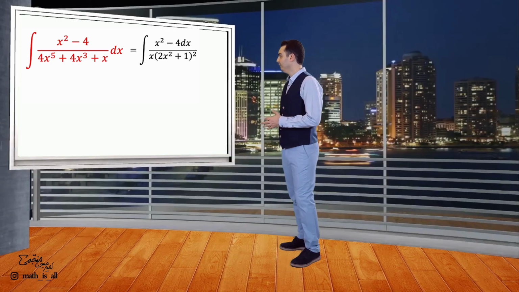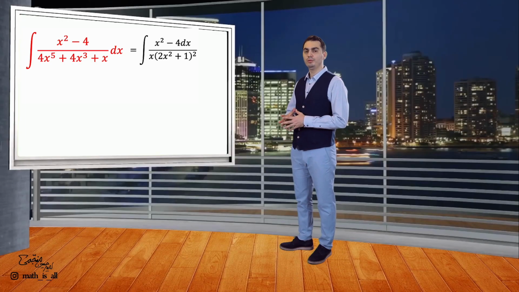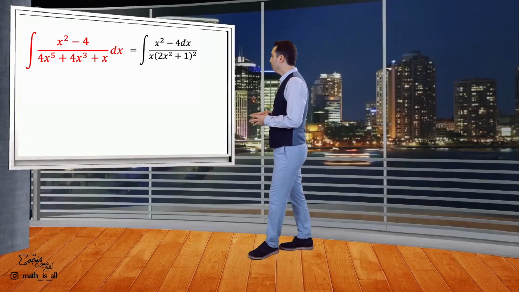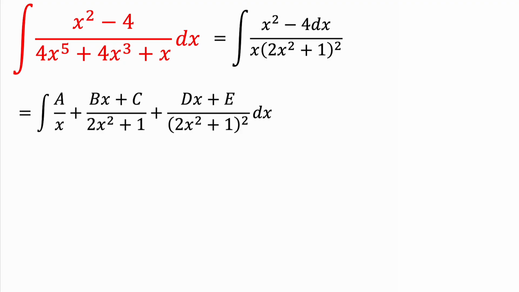Now that the denominator is factored, we can easily perform the partial fraction decomposition. We have an x here, and then we have a quadratic expression, which is raised to the power of 2. X is separated on its own. Then we have a second degree term with a power of 2. Since we have a second degree term, its numerators must be first degree. Because we have a power of 2 here, we must write this expression twice. So I have already written one instance of it, bx plus c,